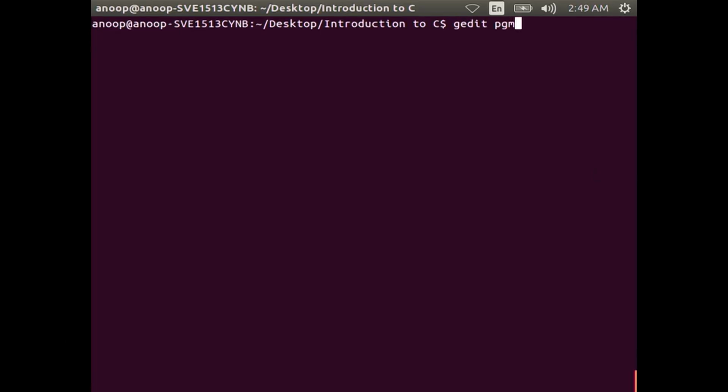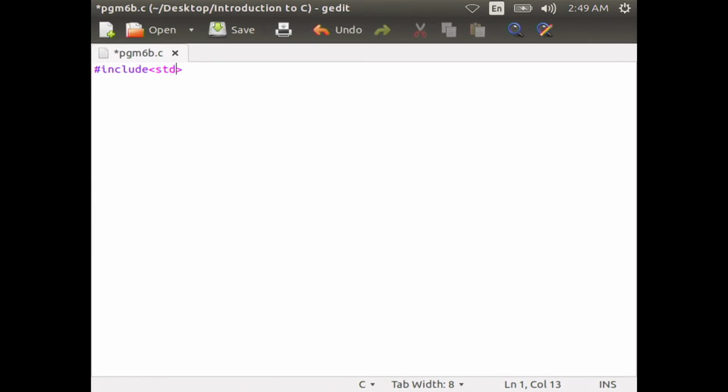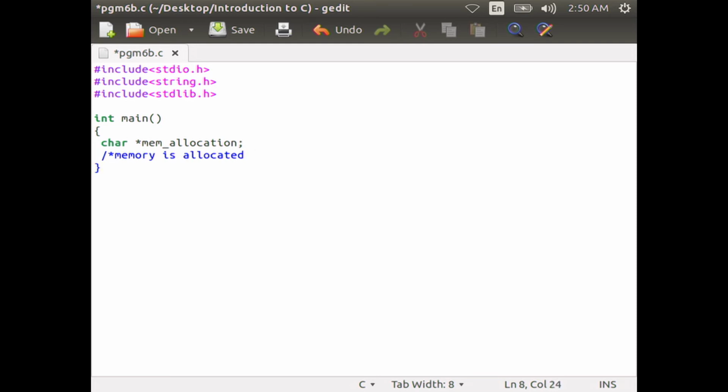Let us type this program: #include <stdio.h>, #include <string.h> and #include <stdlib.h>, int main within curly brace, char *mem_allocation. In the comment line you can say that memory is allocated dynamically, then mem_allocation = calloc(20, sizeof(char)), then close the parenthesis.